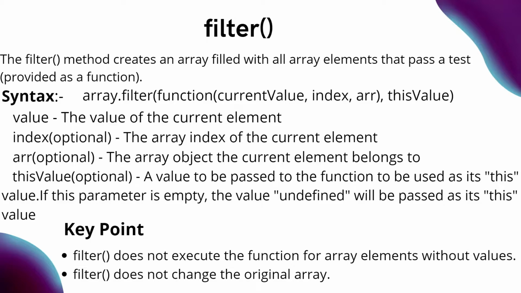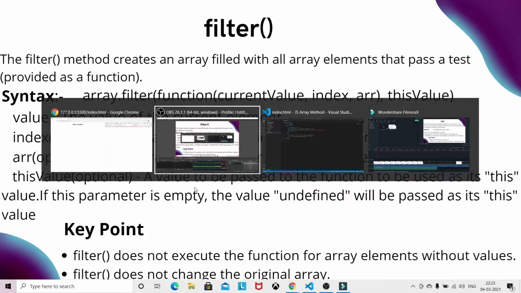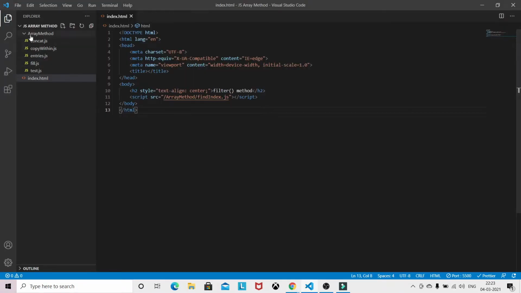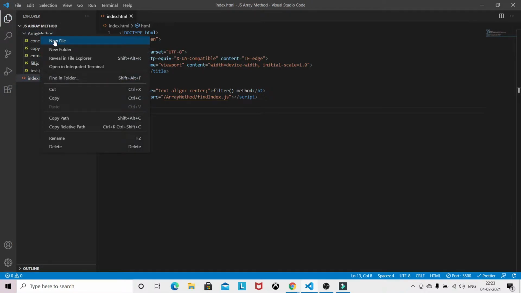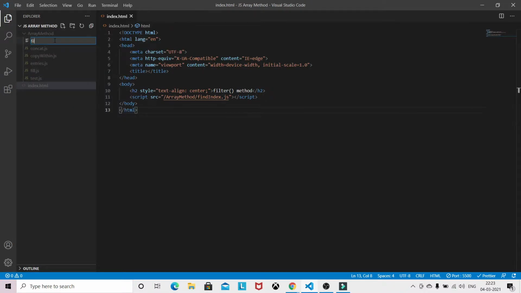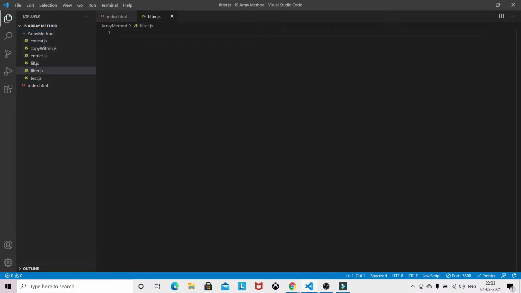Now we will see some examples in our VS Code. I will create one file, filter method. First, I will show you a basic example of the filter method. Suppose we have some age array.